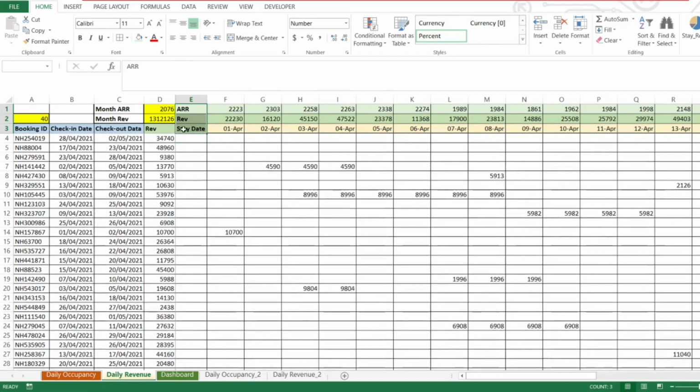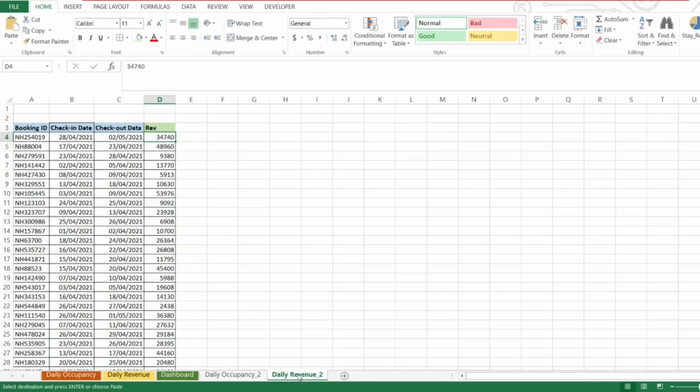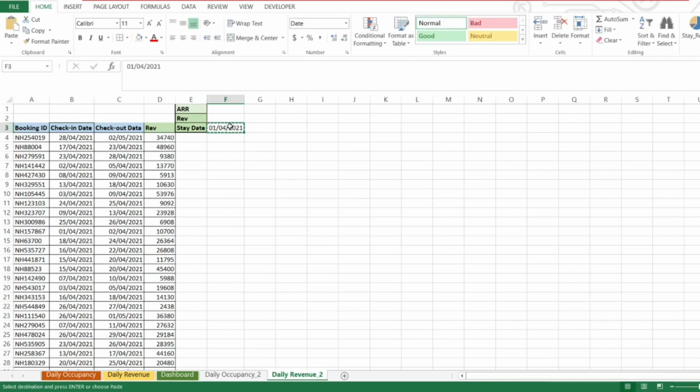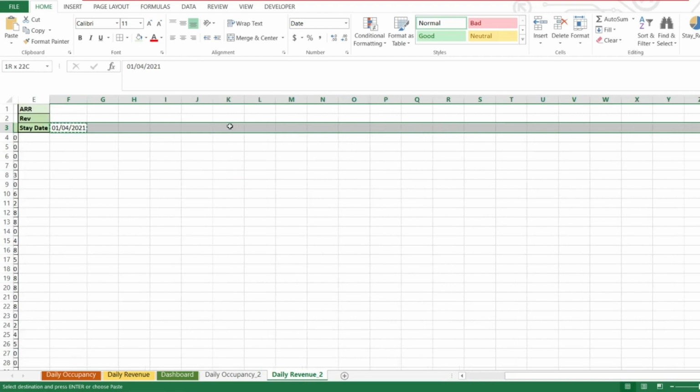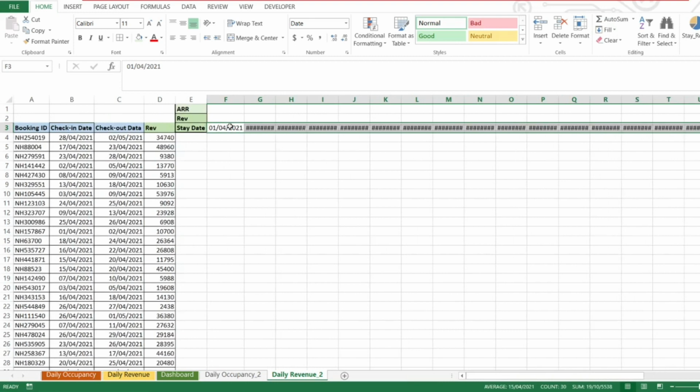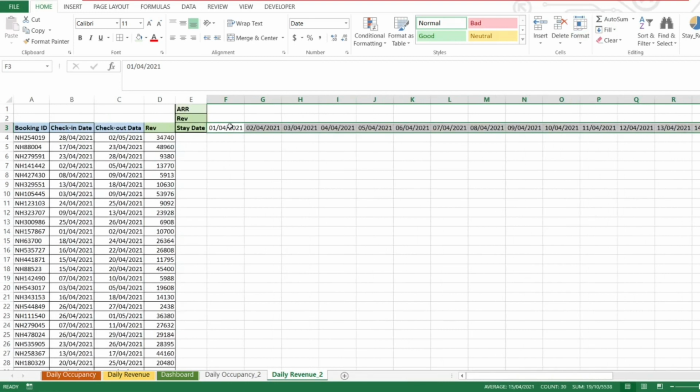Now I'm just going to copy paste these text over here, which are the headers. Okay, so let's start off over here, similarly to what we did in that particular sheet. Daily revenue, the formula will need a slight bit of modification, which I'm going to give you the explanation for. We will enter the first date of this month for which we are doing the exercise, which is 1st of April. I'm going to fill this series, and once I fill this series, I have the dates of the entire calendar for this month, and I'll just change the formatting of the dates for the sake of simplicity.